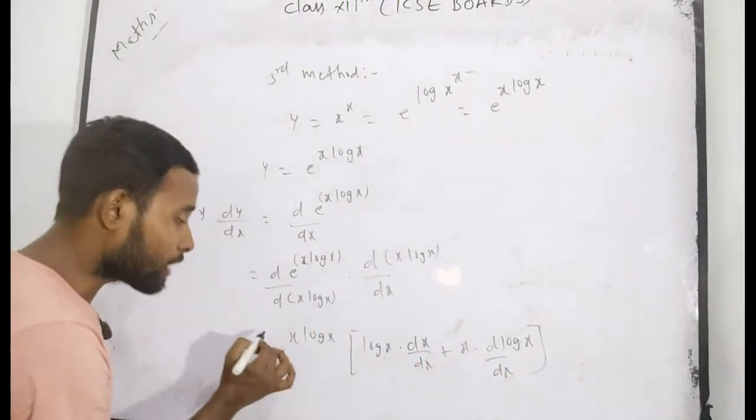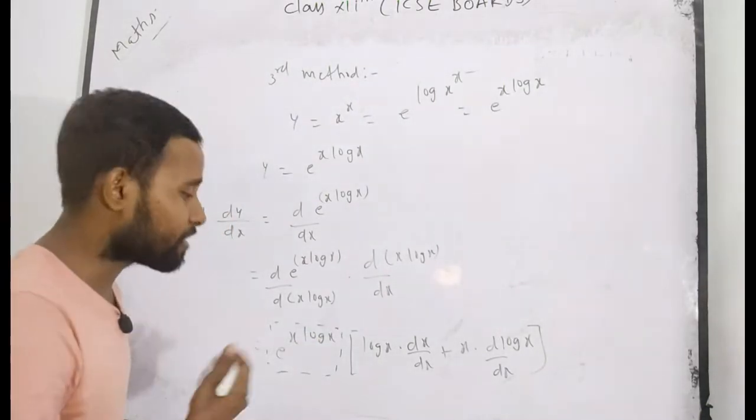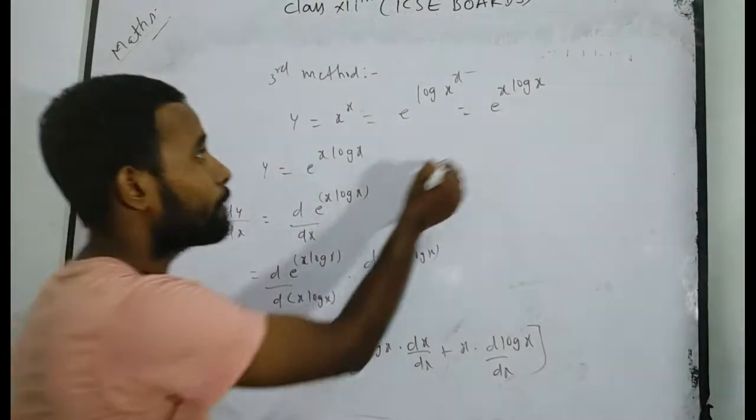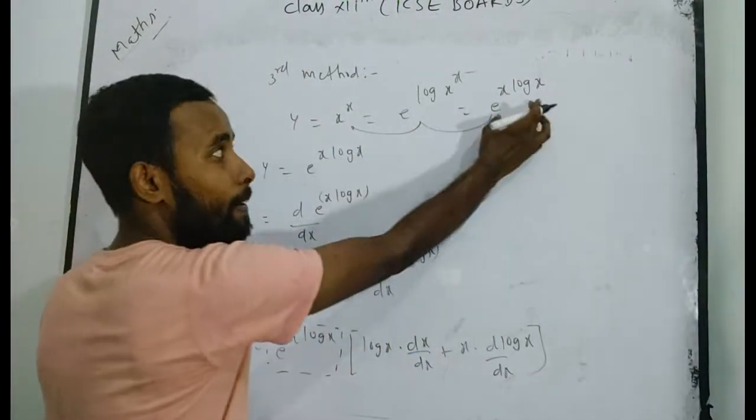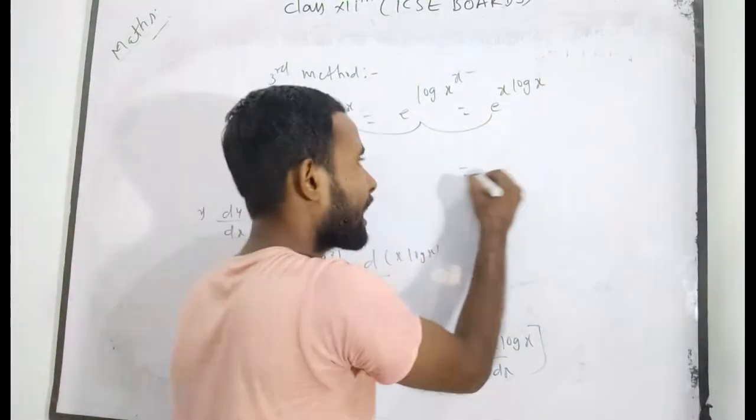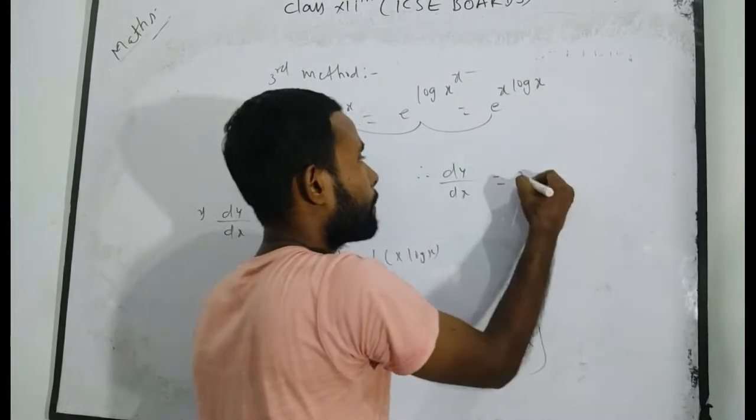Now as you know that e to the power x into log x, what is its value? As you know, e to the power x into log x is equal to this term. Can you write this term in its place? Yes, you can write. So you will get dy/dx is equal to x to the power x, that means y,